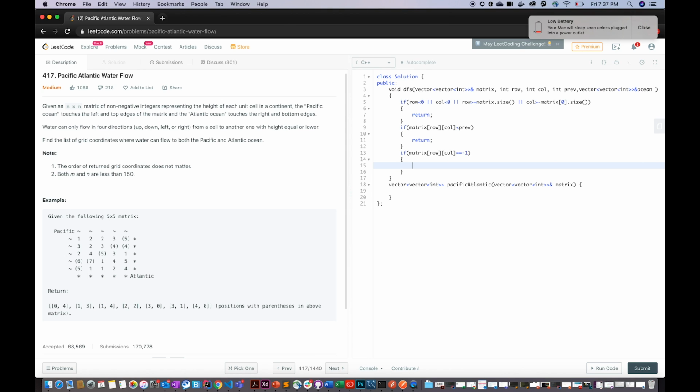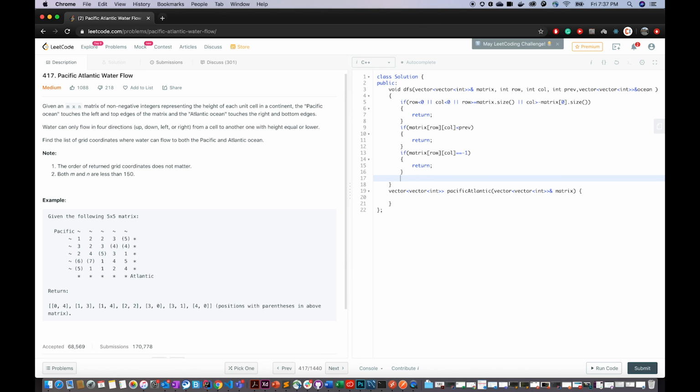If I had chosen some other integer which was already available in the matrix, we could have hit a case that would render our test cases wrong, because it could go directly from 0 to int max. So the only safe value is -1, right? So I've taken that, and if this happens, then I'll also return.